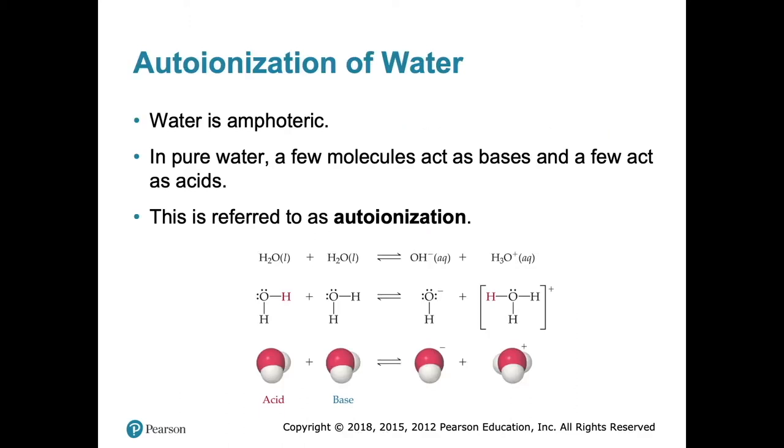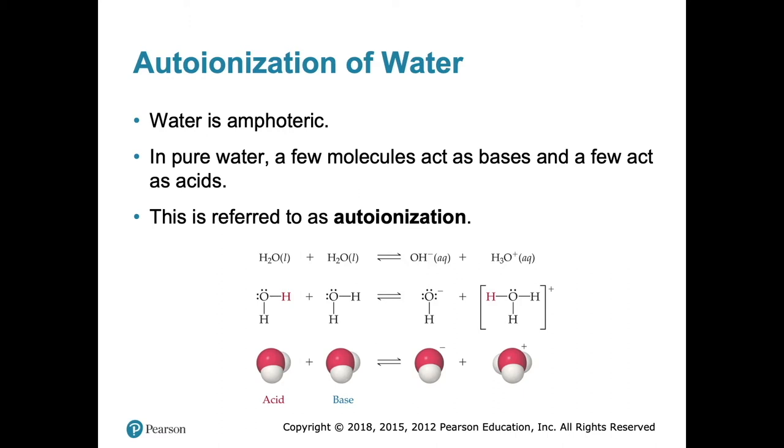Water is amphoteric, and so water can do this thing called autoionization. Autoionization means that if you put two water molecules together, one H2O and another H2O, one of the H2Os can accept a proton and the other one can give up its proton. And so you end up with the hydroxide ion, which is basic, and the hydronium ion, which is acidic. So when you're looking at this equilibrium reaction,